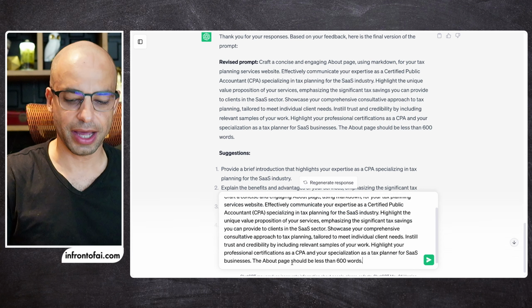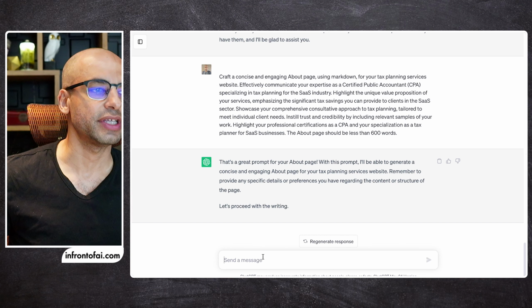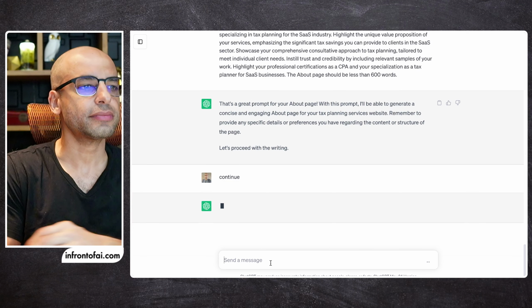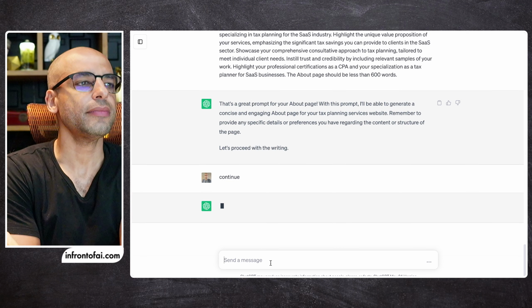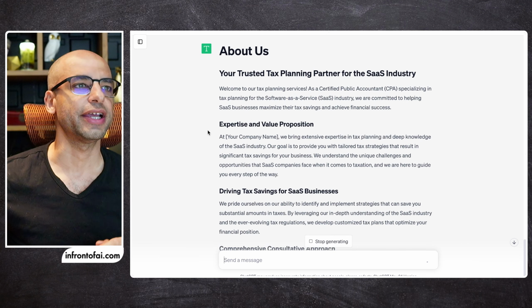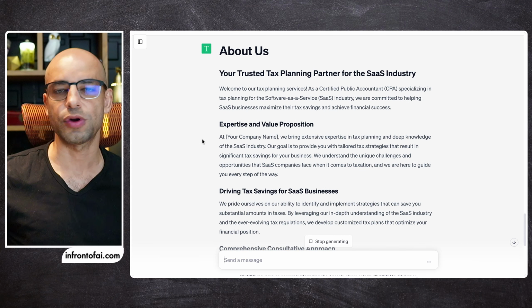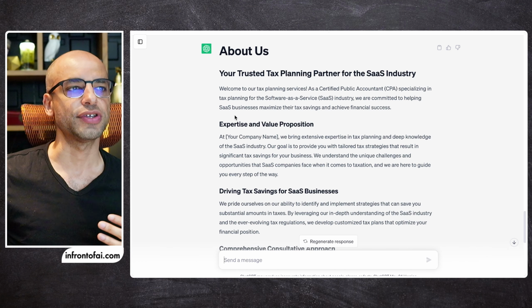So now it's working, and it should take this prompt and create the about page for me. So let's just proceed. Okay, so remember to provide any specific details. Okay, so let's just say continue. All right, so this is the Markdown language, so it uses H1, H2 kind of header things here, and you can literally copy this and paste it. I mean, depending on who does your website, WordPress or whatever, you can just use this and paste